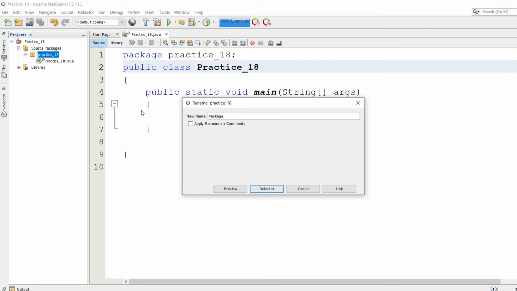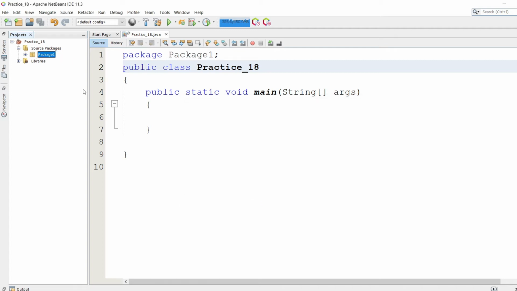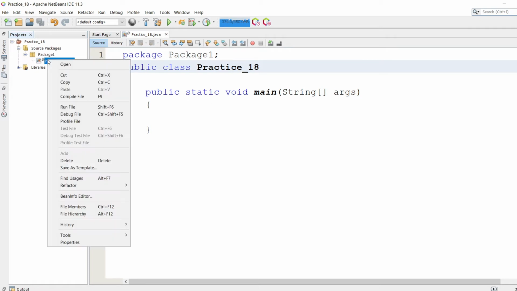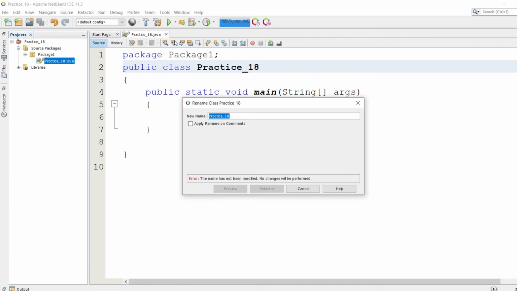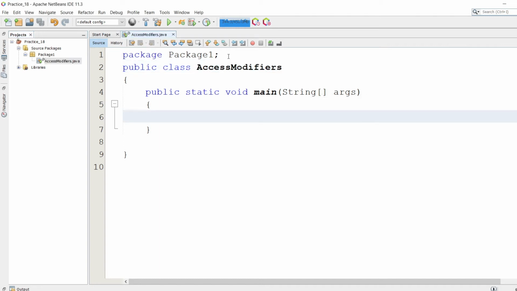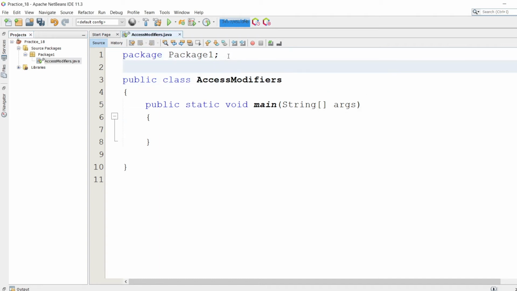Package1, and inside this package I'm gonna rename this class to access modifiers.